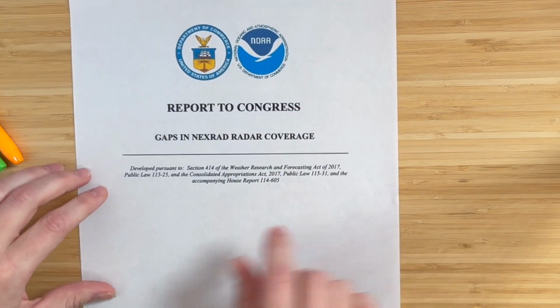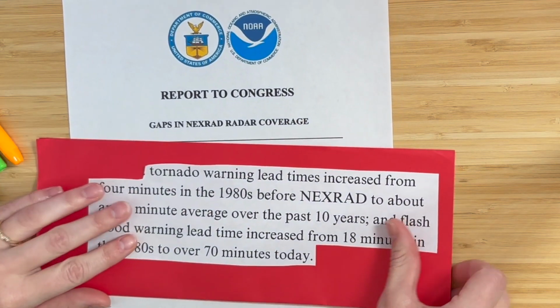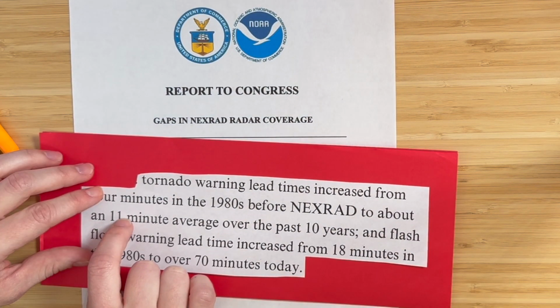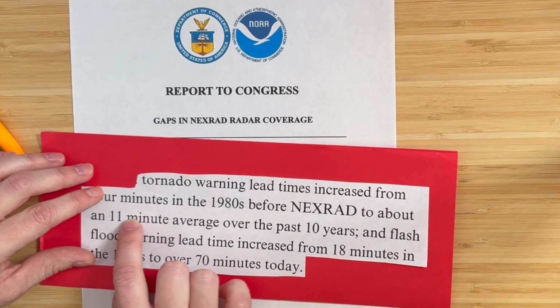So our ability to spot and detect tornadoes has gotten significantly better since the official historical record began in 1950. A 2017 report to Congress published by the Department of Commerce and NOAA found that because of our comprehensive radar coverage, warning times have increased from just 4 minutes in the 1980s to an average of 11 minutes over the past decade, clearly showing that we are getting better at observing